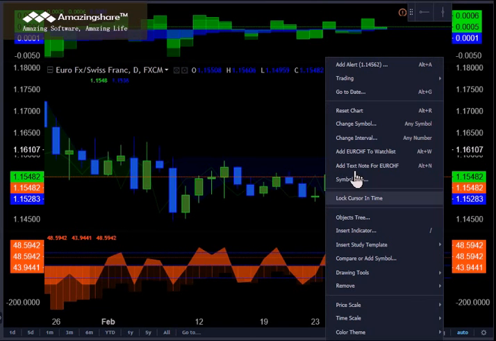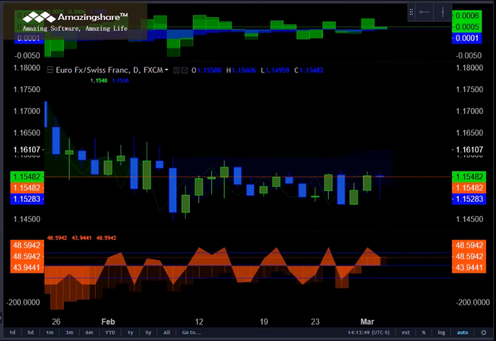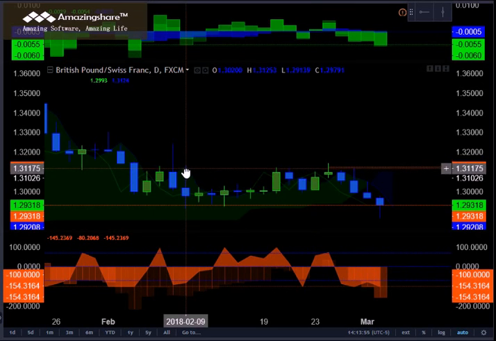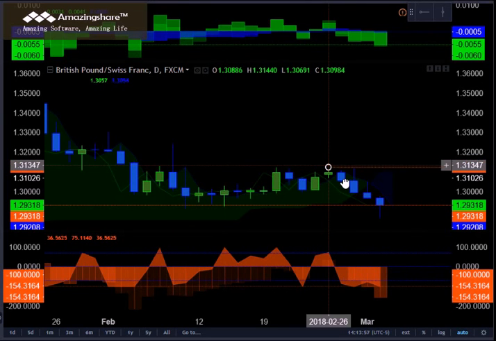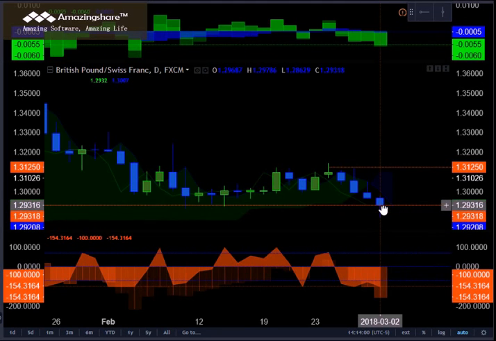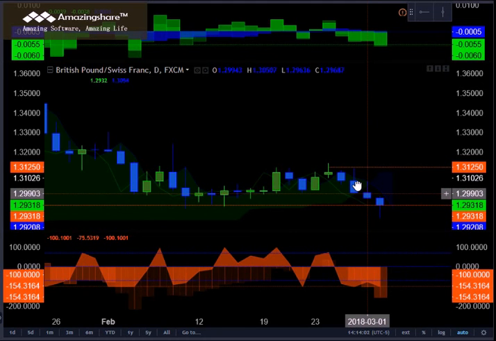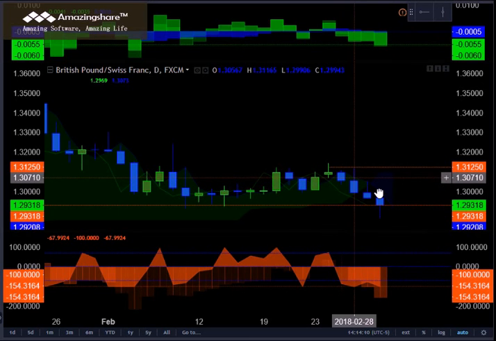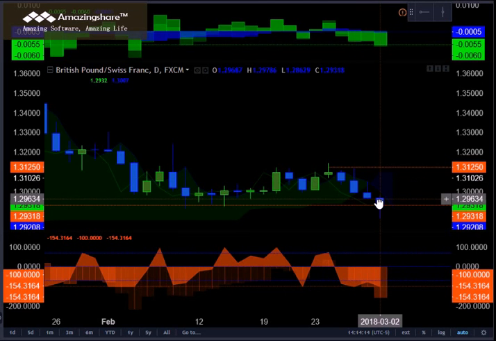If we look at the British pound and the Swiss franc, you can see that we've attempted to pierce through the high of this one candle we've consolidated into, move down through this range, pierce that low, and then close back up inside that range with a pin bar as we're moving into a bearish trend. So we might potentially see a short-term move a little bit higher because there isn't much strength to this entering into a significant downtrend here. Our momentum metrics are at an extreme 100% to the downside and show a reversal back up through that bottom